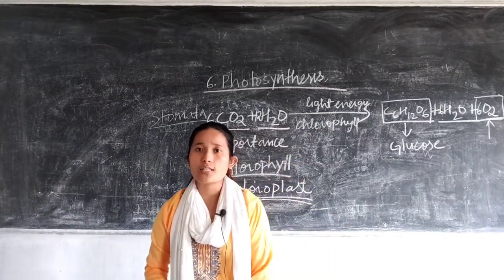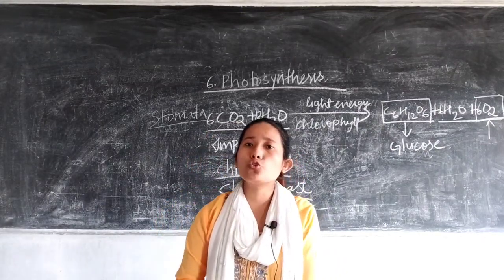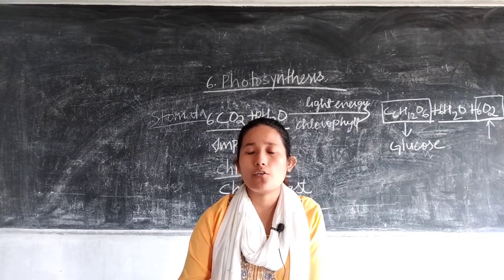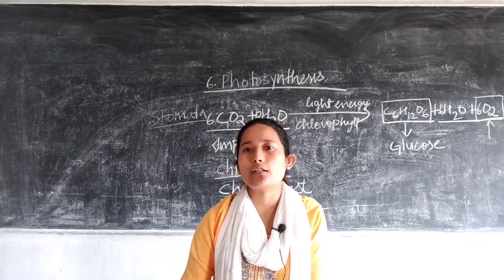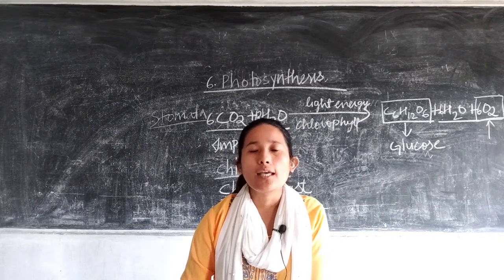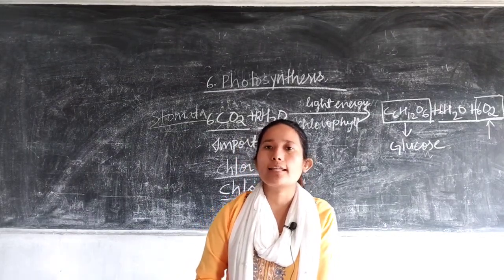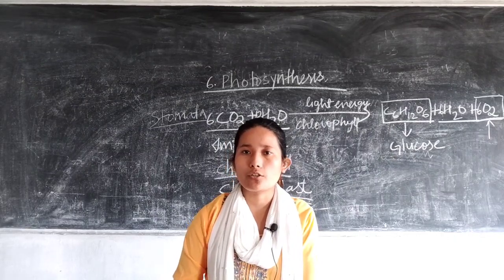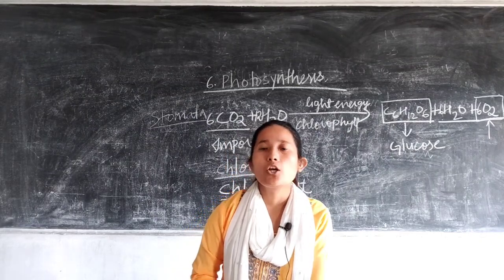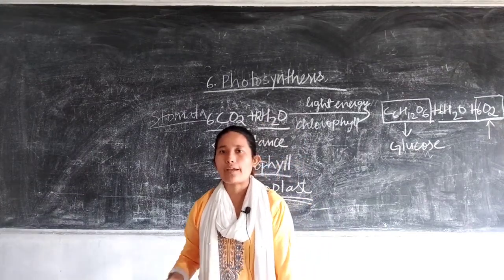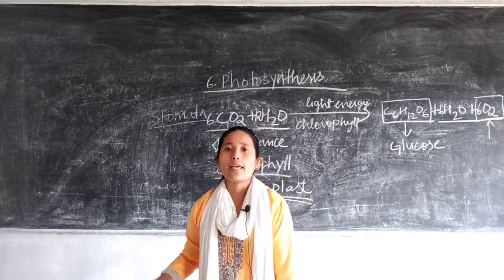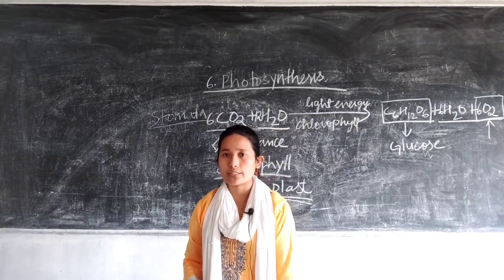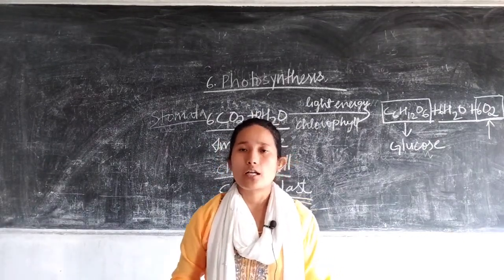In our next class, we will be discussing the two main phases of photosynthesis, that is the light dependent phase and the light independent or dark phase. Then we will carry forward with other topics given in this particular chapter. So go through whatever we have discussed till date, and if you have any issue related to the topics we have discussed till now, you can always contact.